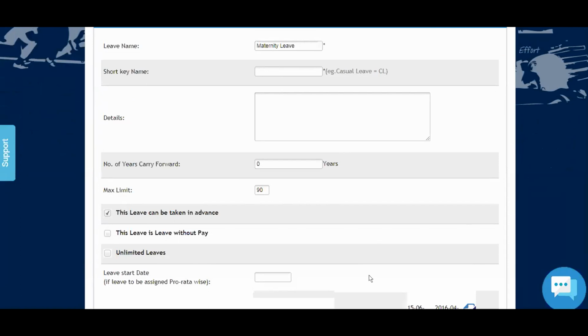I think I have missed 2 to 3 minutes of the session. I joined late due to the coverage problem. So I request you to please explain how to create a category of leave. Can you just explain in brief how categories are to be created?